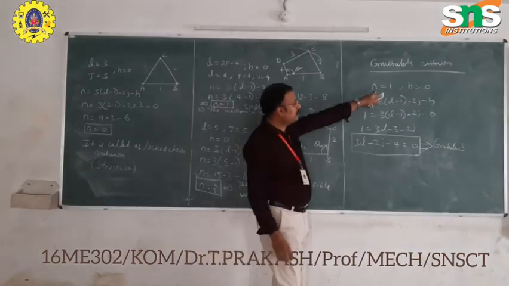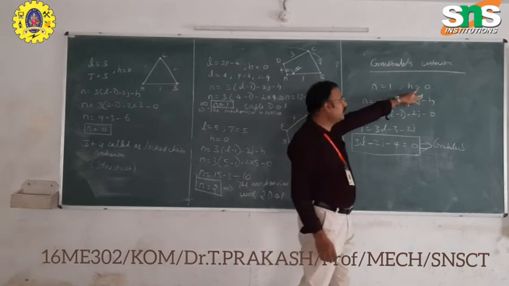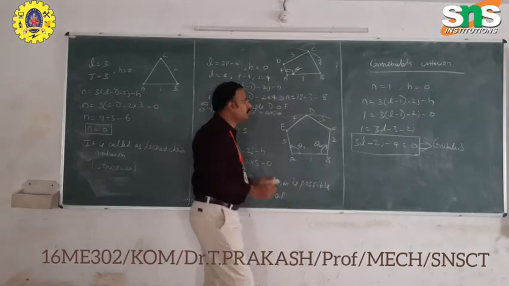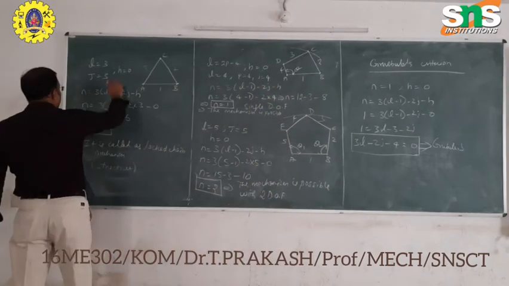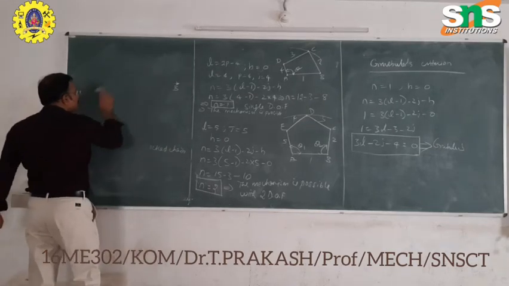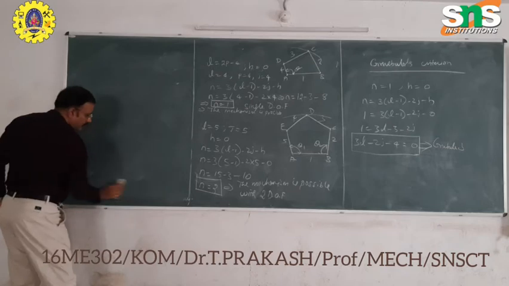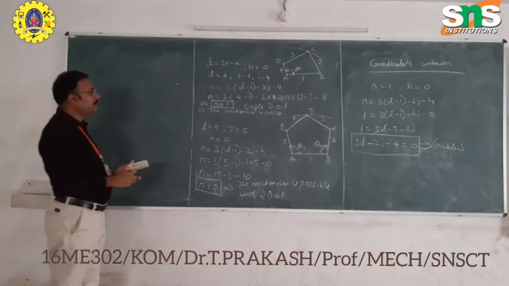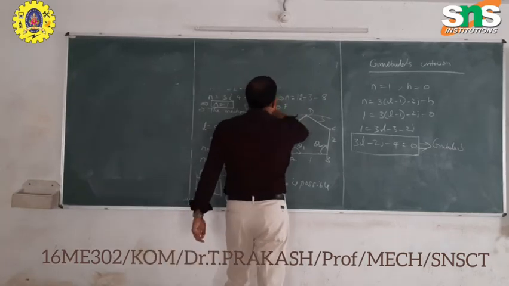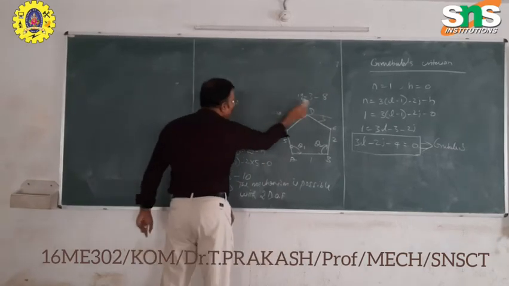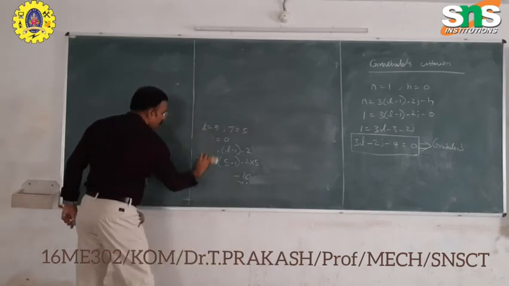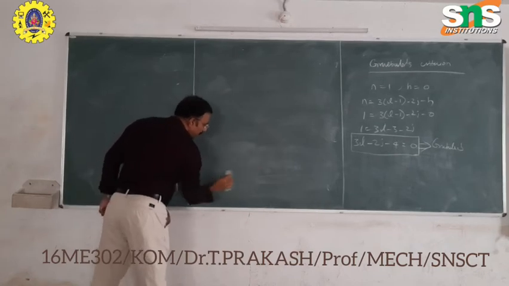To define a mechanism with a single degree of freedom and no higher pair, this formula is very important to define the mechanism with a single input. It is called the Veblen criterion. Here we have discussed 2 things. One is the Grubler criterion, to define the degree of freedom for any mechanism, and then the Veblen criterion for a single degree of freedom mechanism. These two criteria are very, very important. Okay, next we will see some inversions of mechanism.